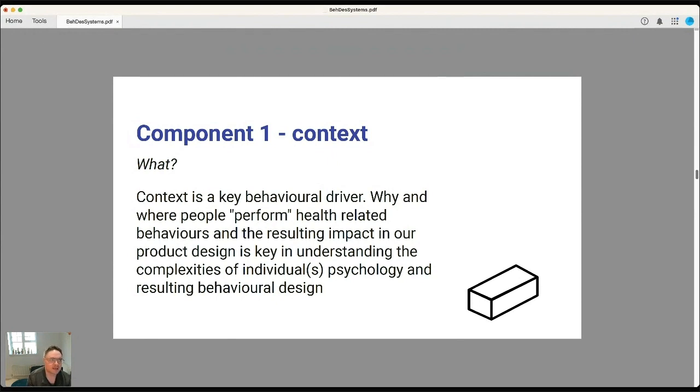So if you think about the mini sort of lecture we had before on all the stuff that goes on at an individual, societal, group level with healthcare delivery, where people live, where they're educated, how much they know about health, their patterns, their behaviour. These things don't exist in isolation. I mean, very rarely. Sometimes they do, but there's always context. And behavioural science and especially user experience design, when it's applied, really needs to take these contexts into consideration. So it's really important that we focus on this, and that's the first sort of building block of our five-part